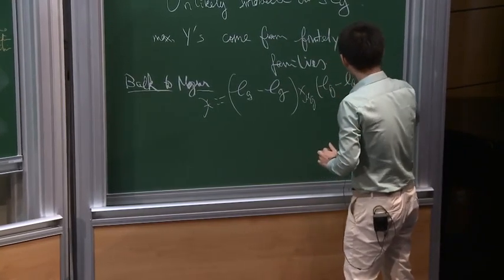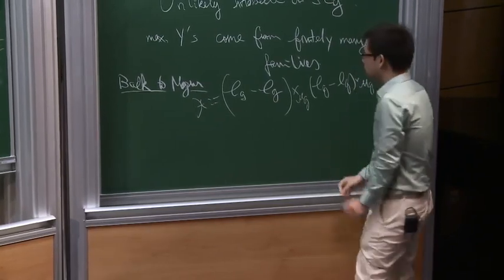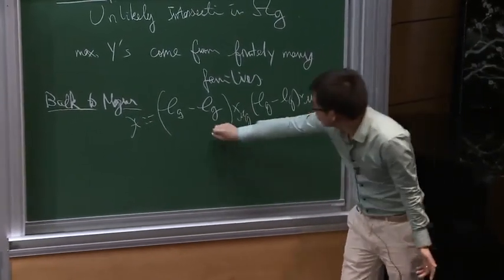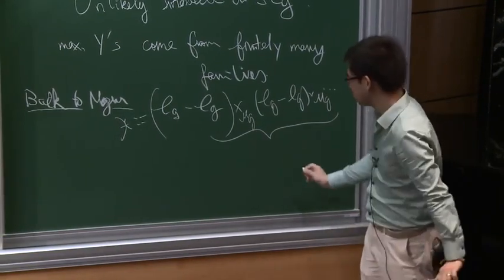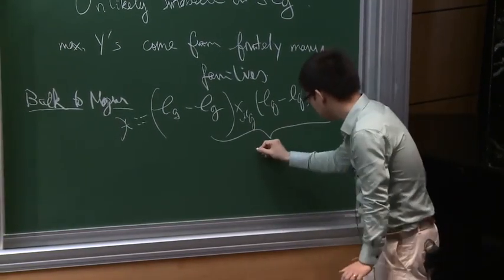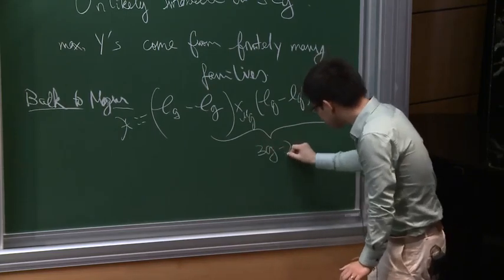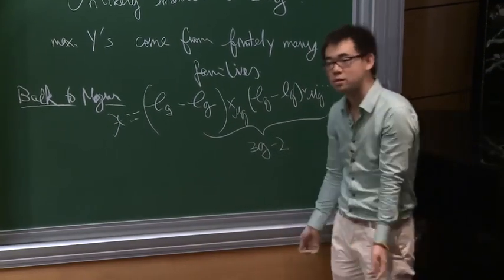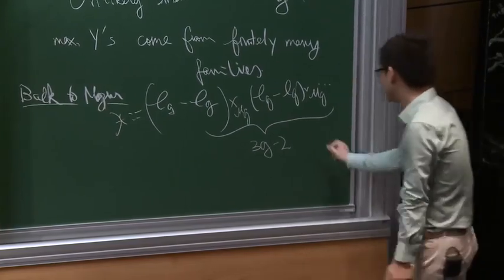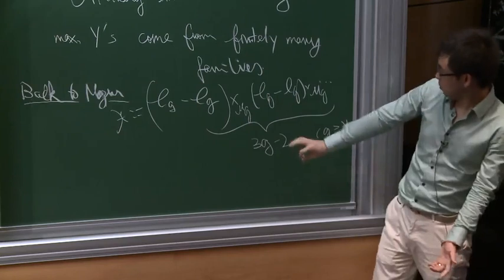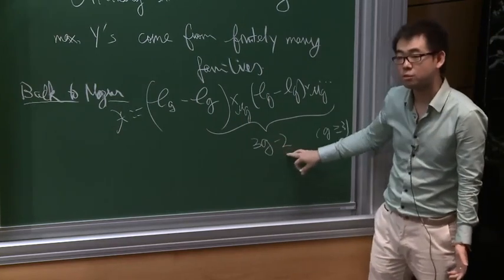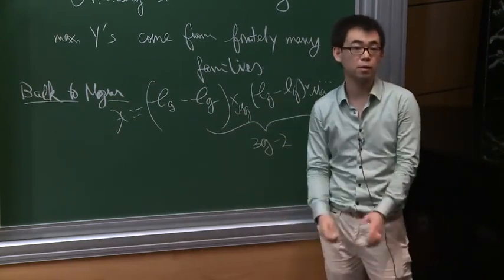It's just a fiber product. With p's, here I can write 3, but I really should write 3g minus 2, for some induction reasons, and of course here I'm assuming that g is at least 3. If we take this power to be 3g minus 2, then X is non-degenerate, so that we can prove this